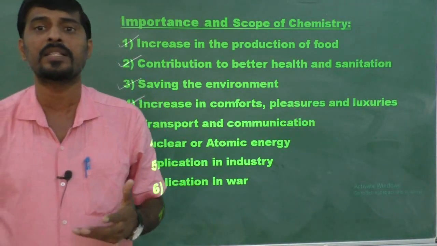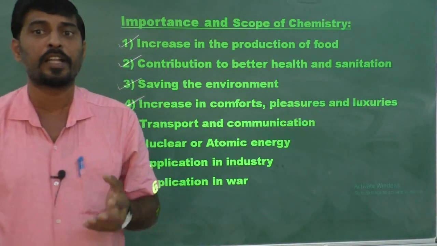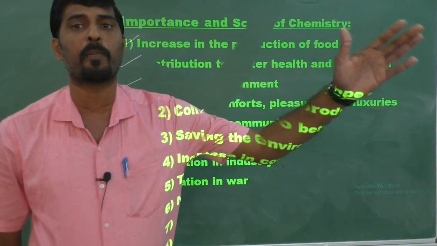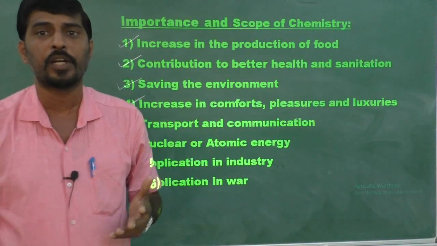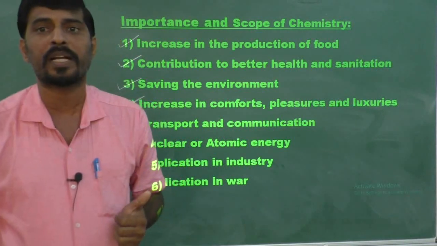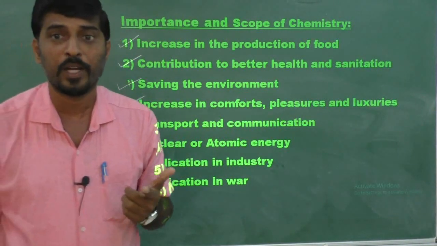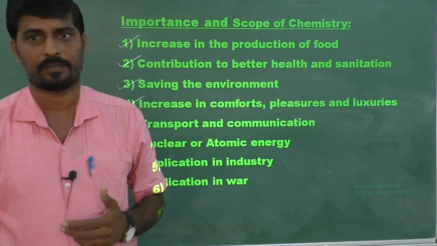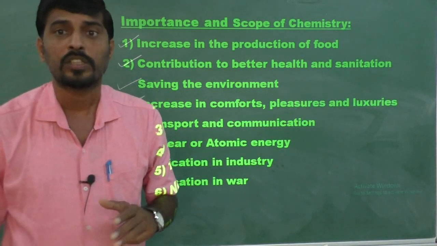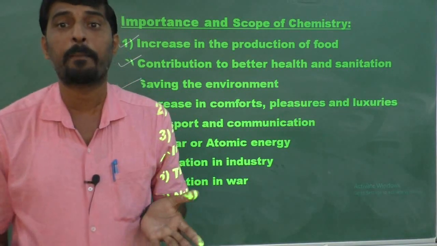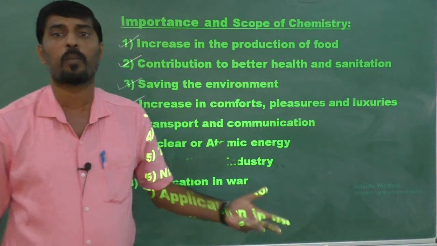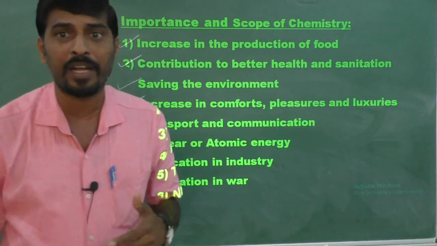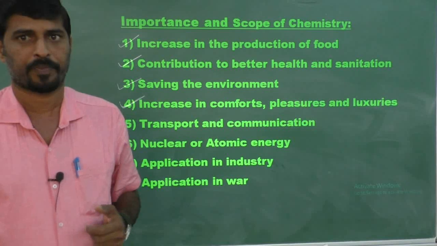We know that metals are obtained from the earth's crust in the form of their ores. The ores are subjected to metallurgical operations. After that you get the metal, and those metals are used for making utensils, coins, ornaments, etc. Not only this, some alloys are prepared by blending two or more metals, and those alloys have better properties.